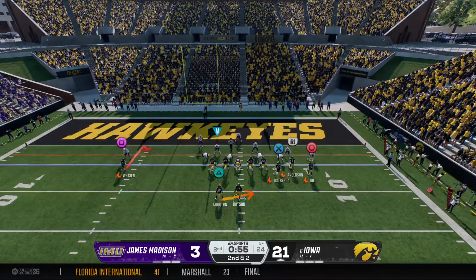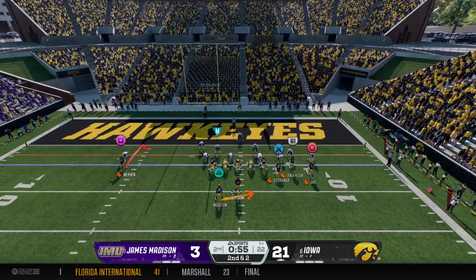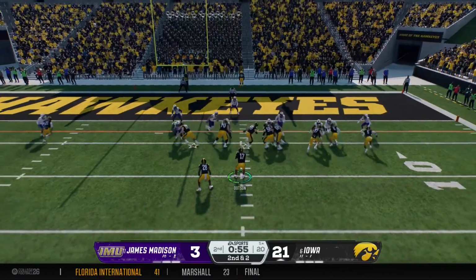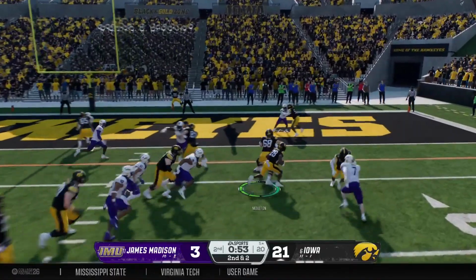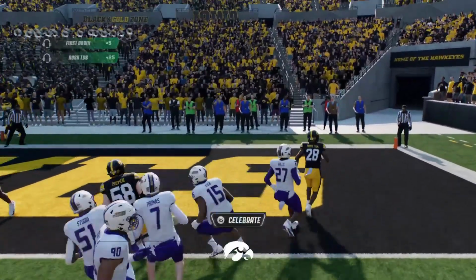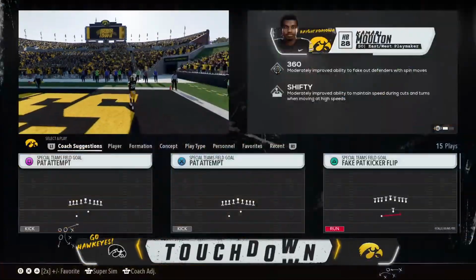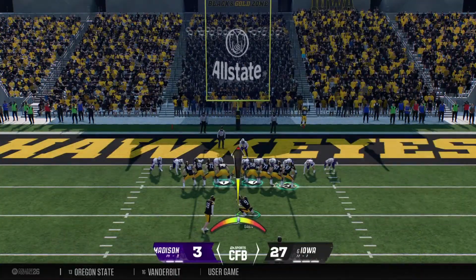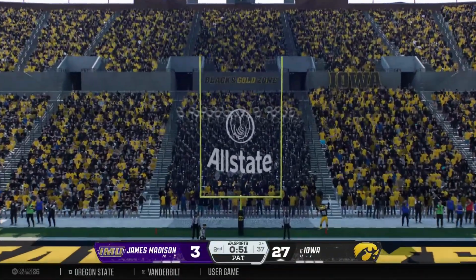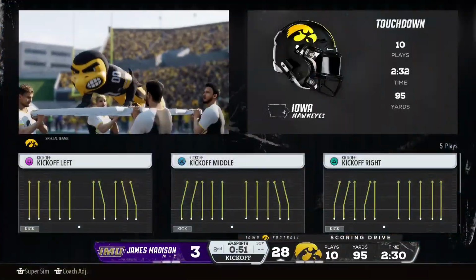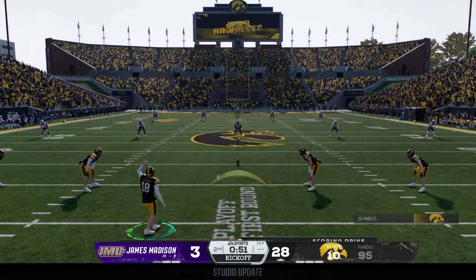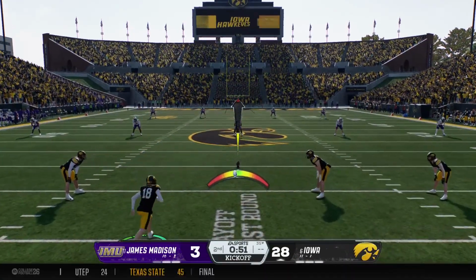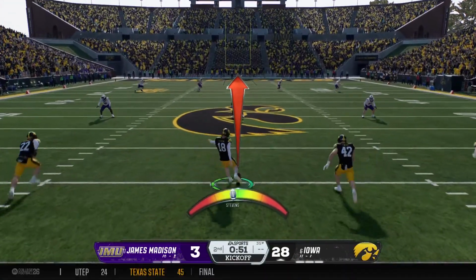Close game here as we approach halftime. So here comes 2nd down now. Every play important down here in the red zone. And he fights in for the score. Touchdown, Iowa. Chris, we're only a few ticks from halftime. And doesn't it feel like this thing's already over? Just a first-half beatdown to be remembered. This is going to be a fun locker room at halftime. And they're able to tack on the extra point.